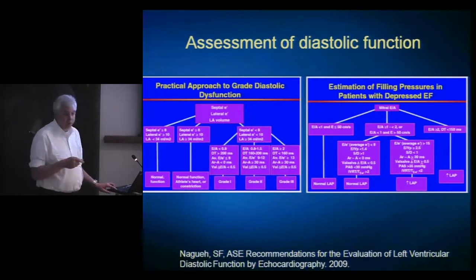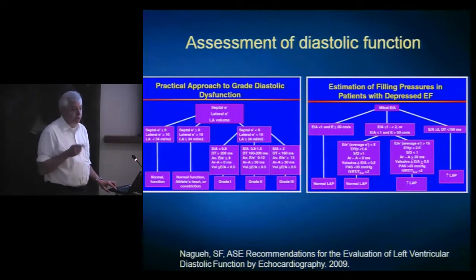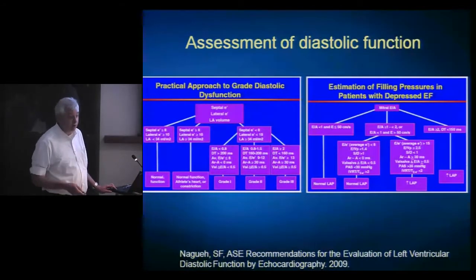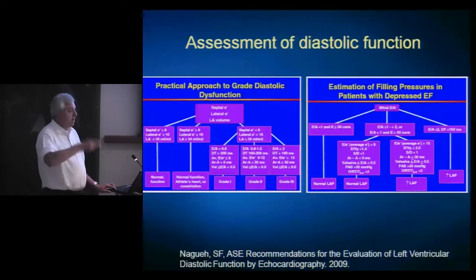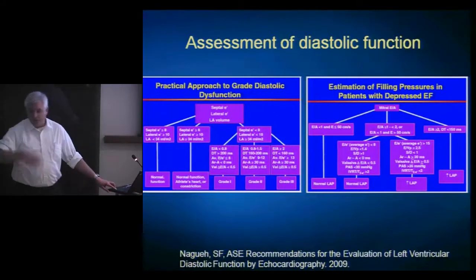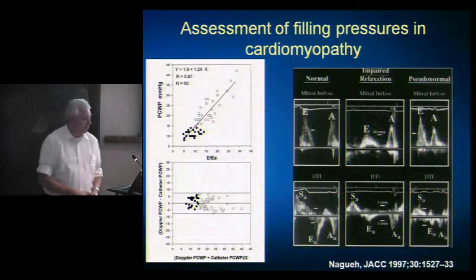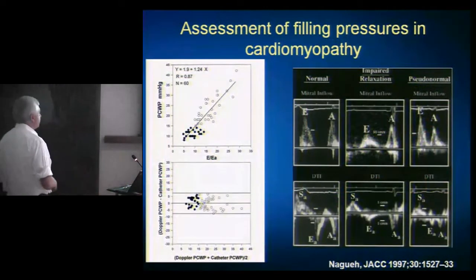But be cautious, because in children, I think that children don't follow the paradigm that you see in adults. We hardly see patterns of pure delayed relaxation in kids. You do see it in hypertrophic cardiomyopathy, sometimes in other conditions with secondary hypertrophy, but as a rule, we don't see this classic marching through delayed relaxation,